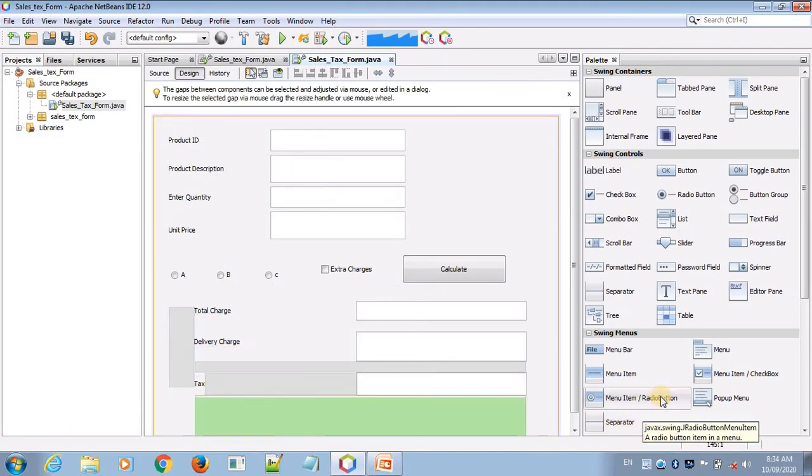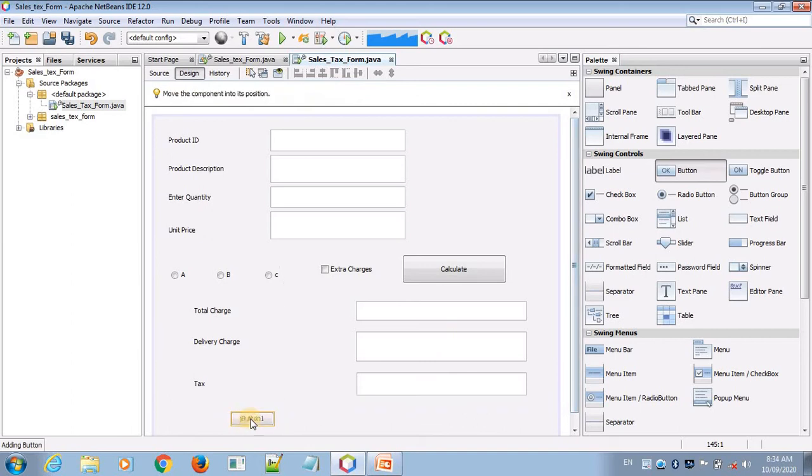And now add the clear button and exit button. So for the clear, here I am putting the button and writing the name of the button. This is for clear.